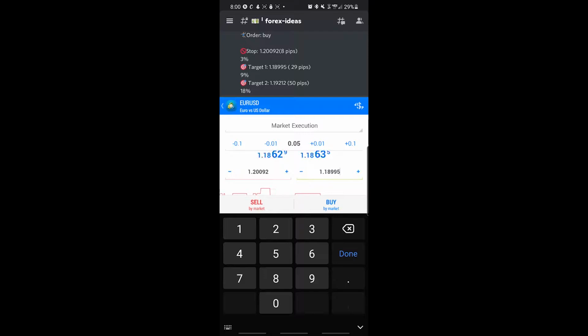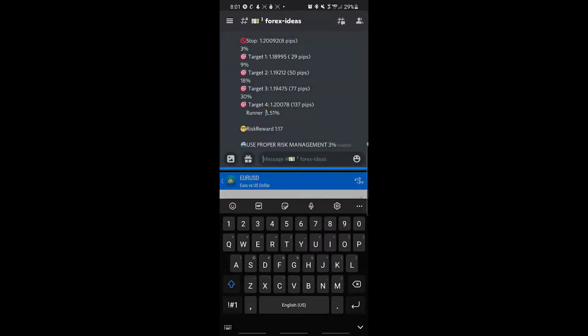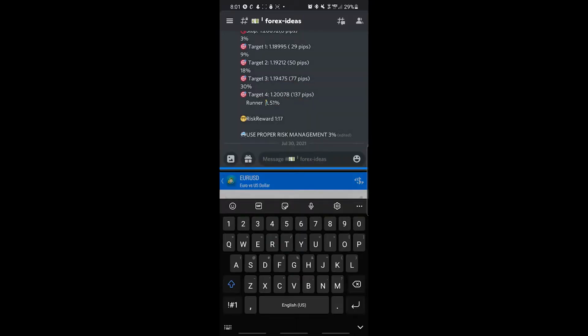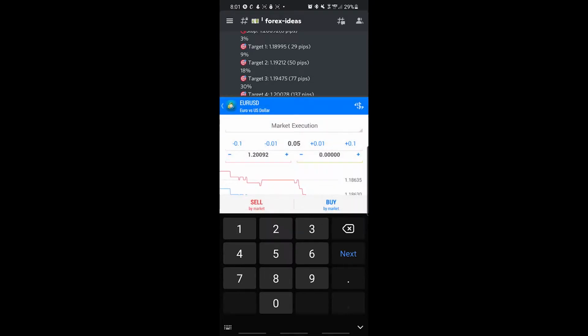1.18995. Okay. So at this point, you just hit buy and this trade is open. It's just that easy. Now, after putting this trade in for the first target, we would go through the same process, click new order to put in the trade for the second TP, which is 1.19212. You hit buy, hold Euro USD, open a new order, third TP, same stop loss,